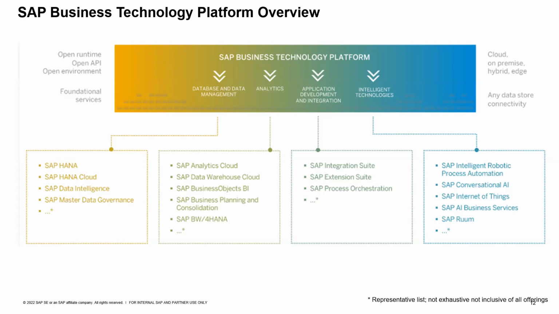So for business intelligence, we have SAP Analytics Cloud for business intelligence. We have SAP BusinessObjects Business Intelligence Suite, and SAP Crystal Solutions. For data warehousing, we have solutions like SAP Data Warehouse Cloud, SAP HANA, and SAP BW for HANA. For enterprise planning, we have SAP Analytics Cloud for planning and SAP Business Planning and Consolidation.